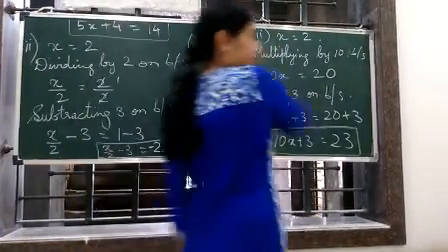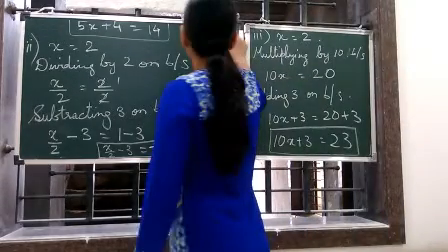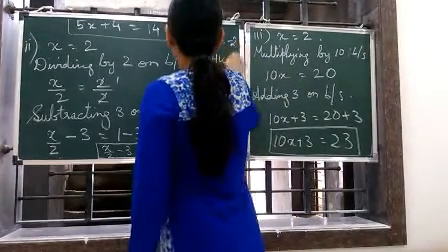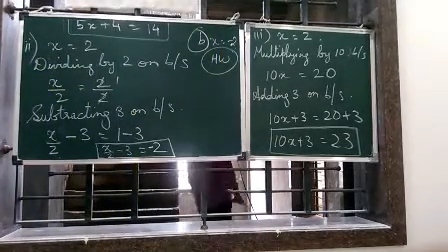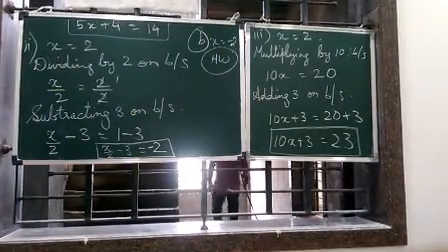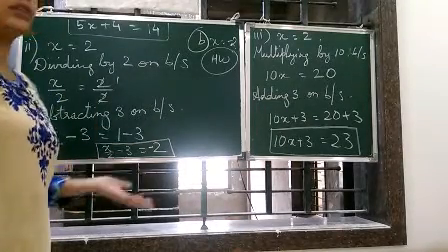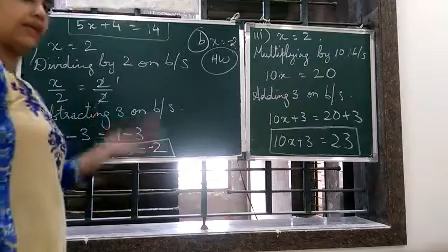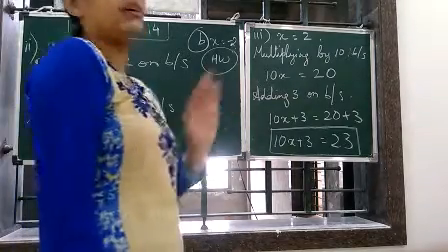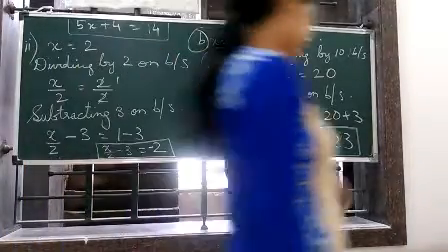The B part for x is equal to minus 2, you will do it on your own. It will be your homework. Okay, you can use any number to add, any number to subtract, any number to divide, any number to multiply. So first either multiply, then add, or divide, then add, or multiply then subtract, or divide and then subtract. Okay, so this completes your exercise.